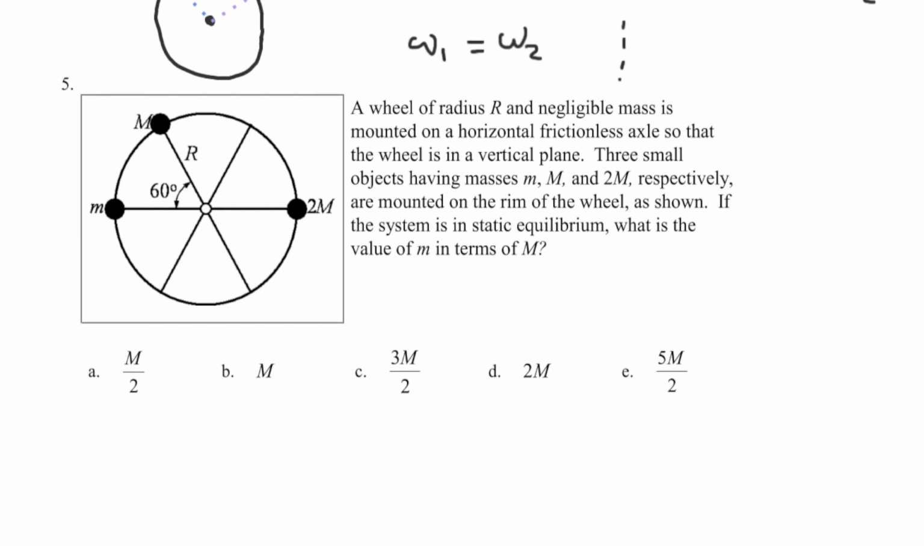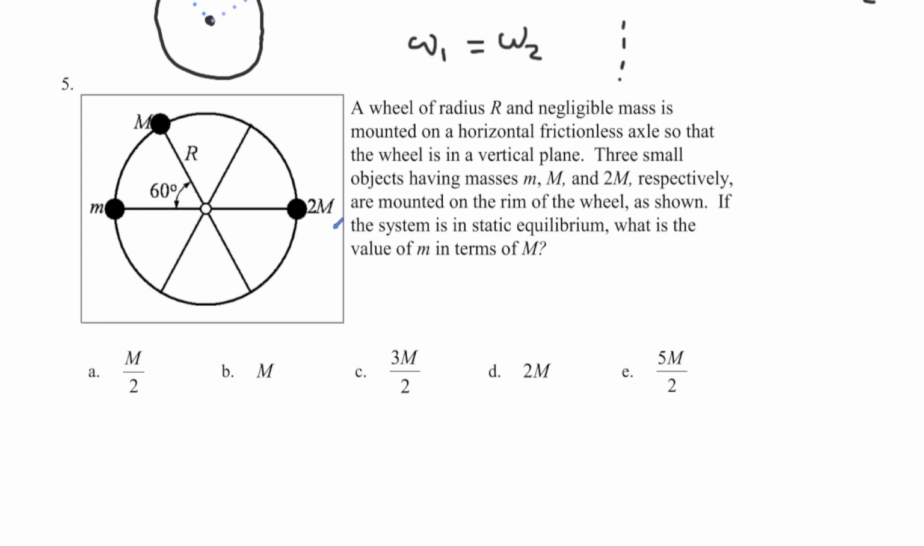A wheel of radius r and of negligible mass is mounted on a horizontal frictionless axle so that the wheel's in a vertical plane. Then we have 3 small masses placed on this, but the system's in static equilibrium. And we want to figure out what relationship these masses have with each other. So we're given that this is in static equilibrium,